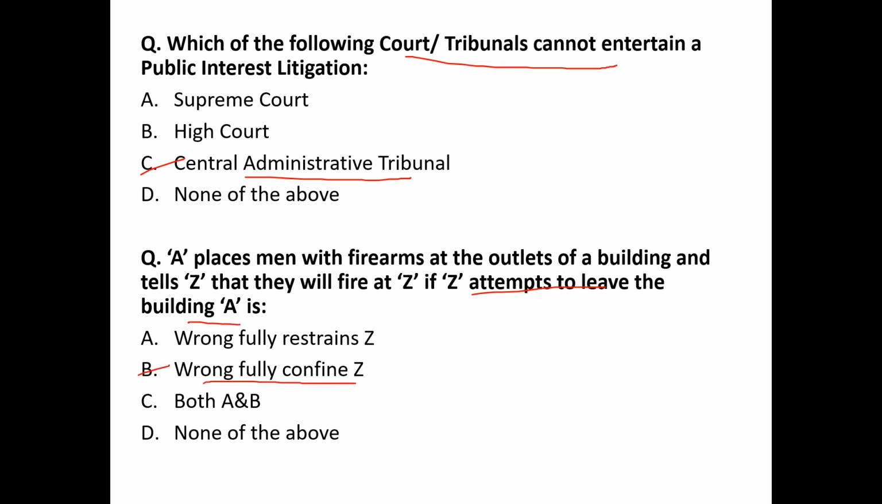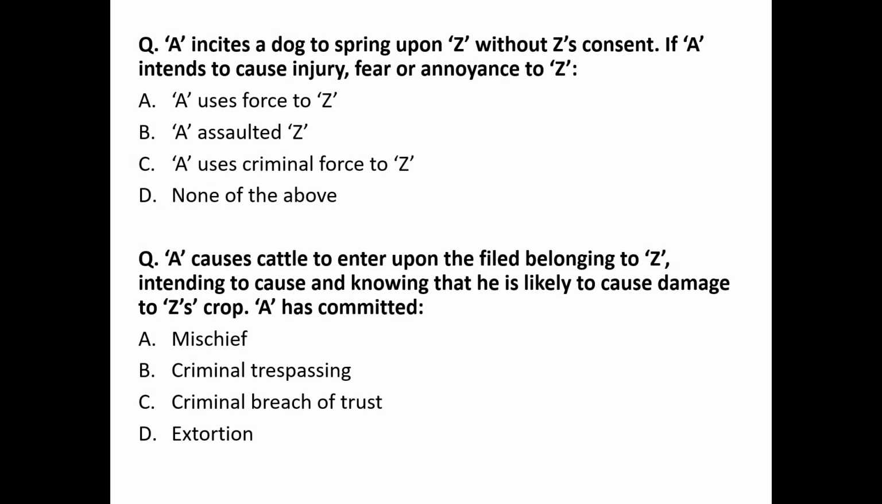Option B. Next question. A incites a dog to spring upon Z without Z's consent. A intends to cause injury, fear and annoyance to Z. A uses criminal force to Z. Option C. Next question. A causes cattle to enter upon the field belonging to Z, intending to cause and knowing